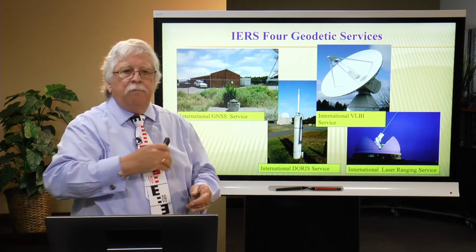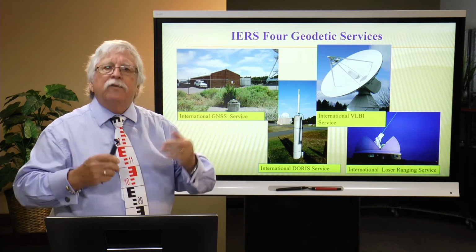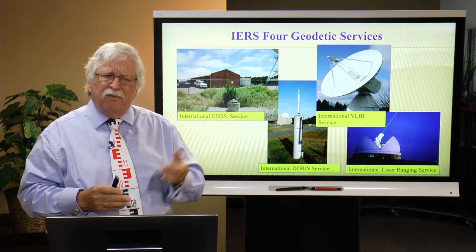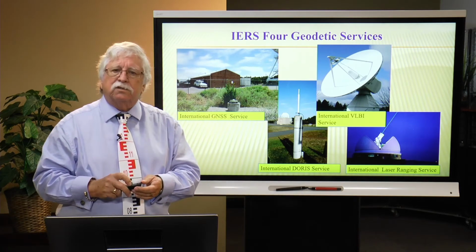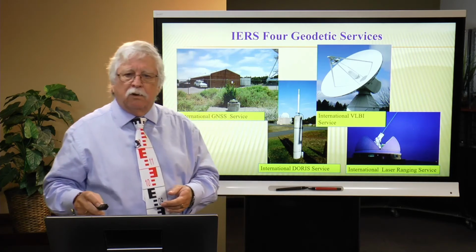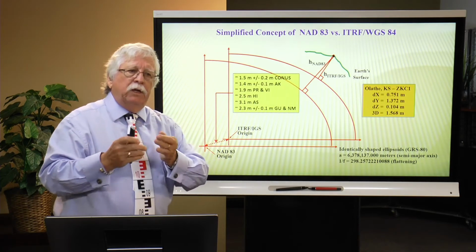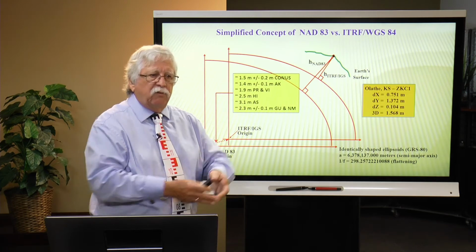All of these measurement systems are combined together by the IERS to define a particular year's ITRF, and that happens now about every 5 to 6 or 7 years, because the network of this is growing quite large across the world. So when we talk about the relationship of knowing Earth Geocenter, for example, and I mentioned NAD83 is still